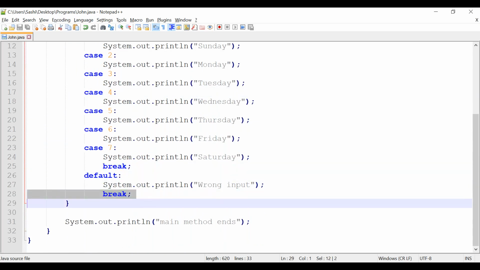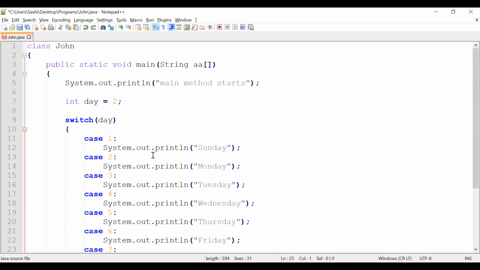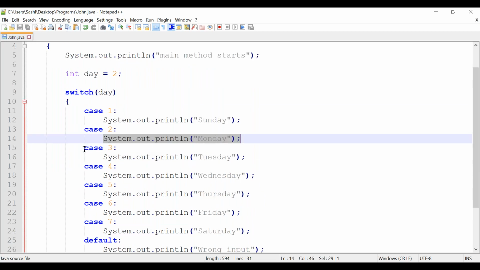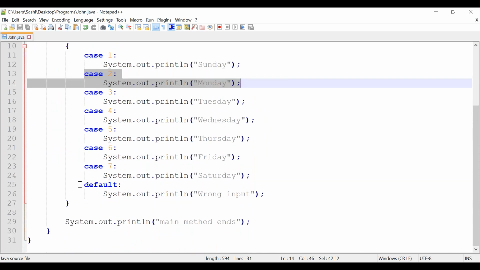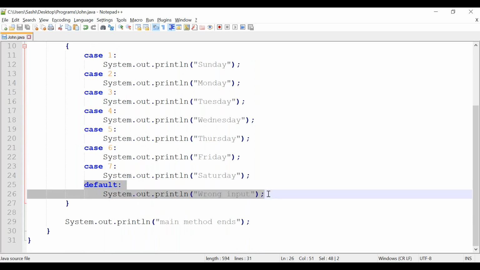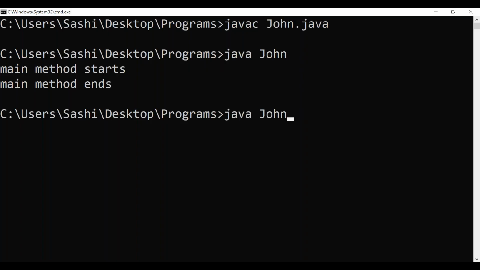You are getting my point? Because we didn't give break, it will check case by case. Even though there is a match in case 2, after executing this it will check all the cases. After executing case 2, finally it will execute the default statement also. Because we are not giving break here, let's rerun this program.